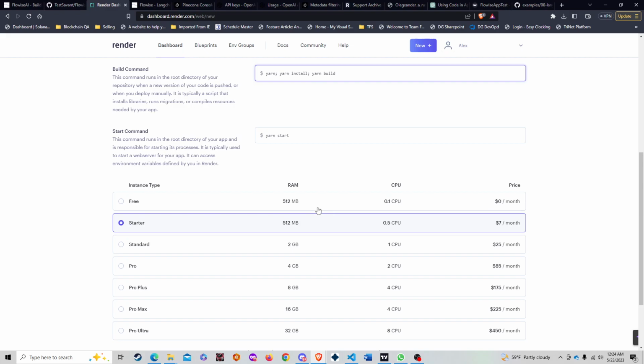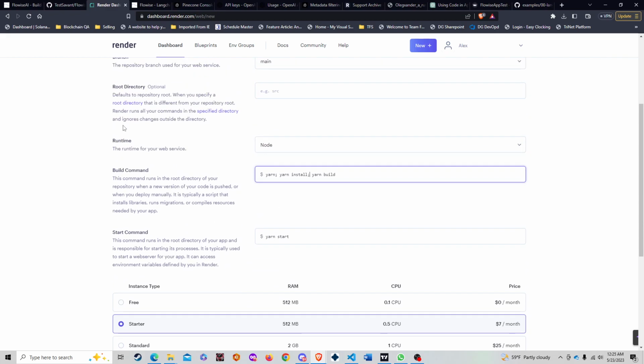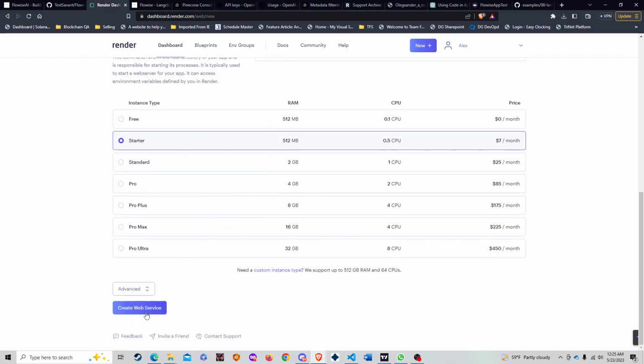If you're just trying things out and testing things out with Render, then free will work, but it will reset if it's inactive for 15 minutes or something like that. But the standard plan at $7 a month gives you just enough to play around semi-seriously with this app. So it's a cool one where you can easily set up web services and deploy using GitHub. So now we're just going to click create web service down here,